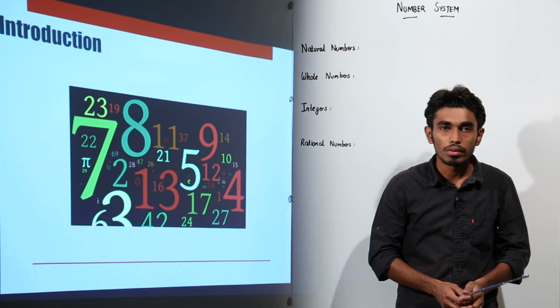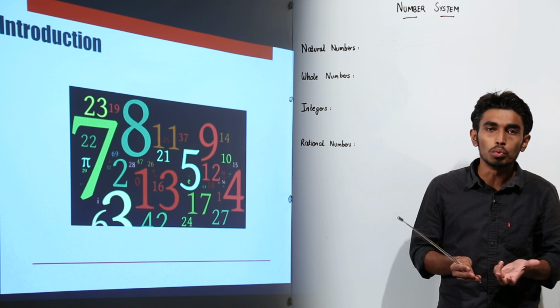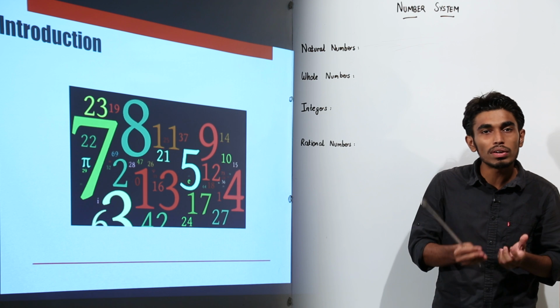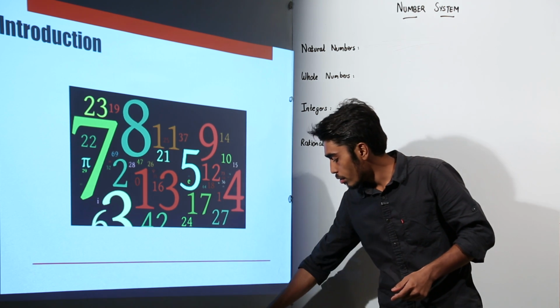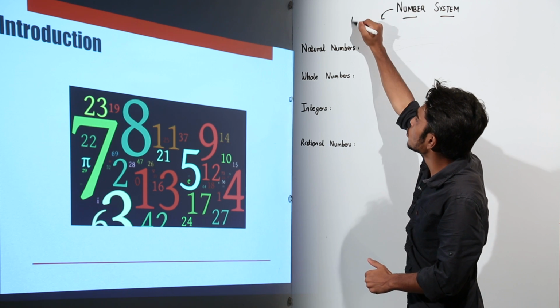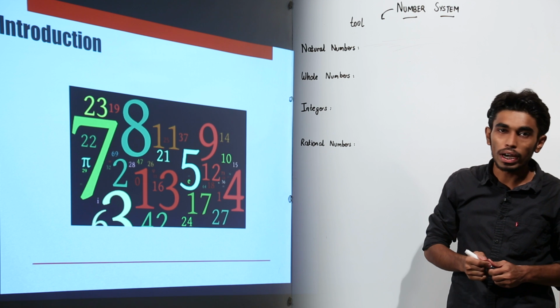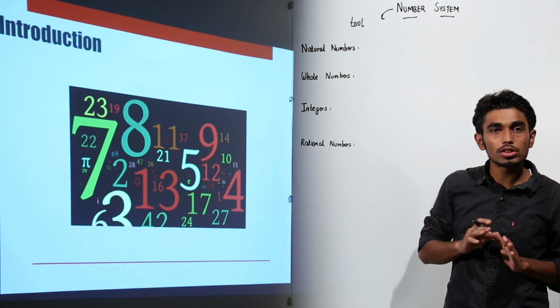Now what is a number, right? Or what is the purpose of a number? Number is nothing but a tool. What is a number? Number is a tool which helps us to count. So I can write that what is a number? Number is nothing but it is a tool. It is a mathematical tool which helps us to count, right? So let us start with the categories of numbers,